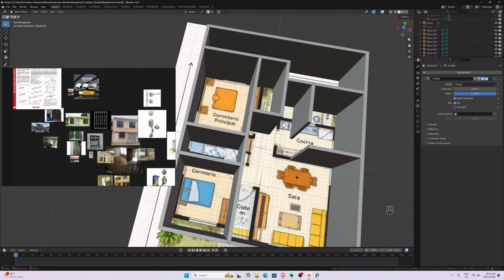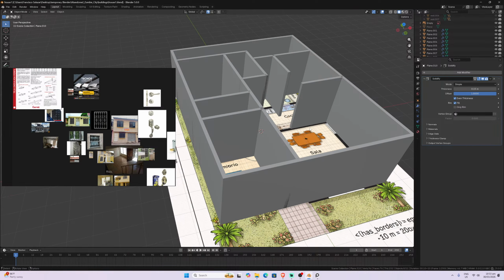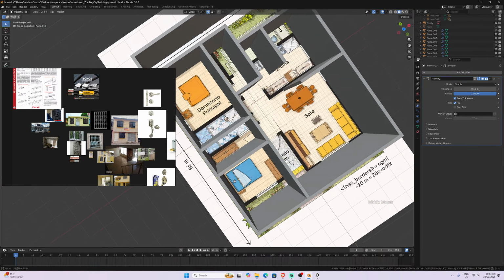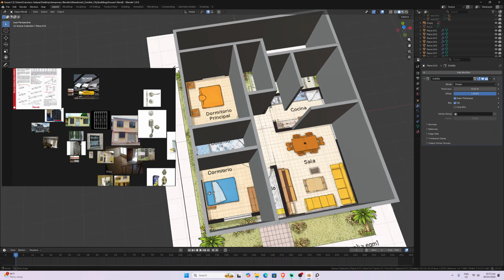For the kitchen, I can just leave this wall, but I want to create a frame for the space where there should be a door, but we are not going to have any door in here. Yes, I want to create that here.